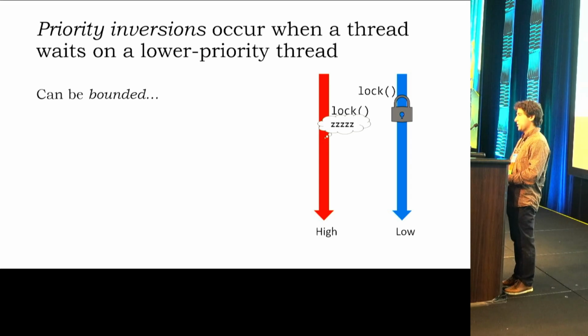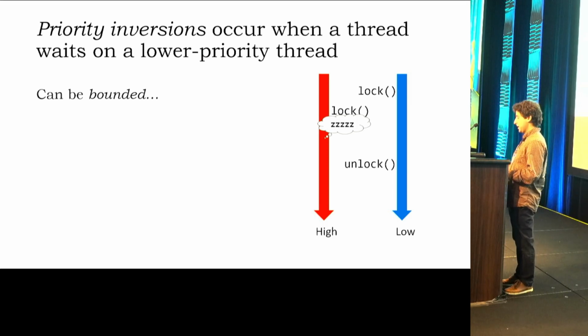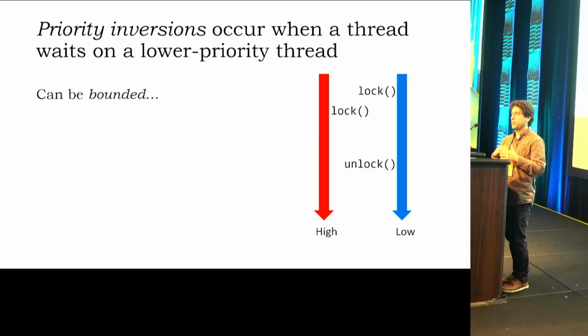And the high priority thread has to wait while the low priority thread does its work at low priority until it releases the lock. This is what's referred to as a bounded priority inversion, because the priority inversion only lasts for the length of the low priority thread's critical section. So you might think that this is maybe not such a big deal, and it's often considered to not be such a big deal. But the problem is that we can take essentially any bounded priority inversion and turn it into an unbounded priority inversion